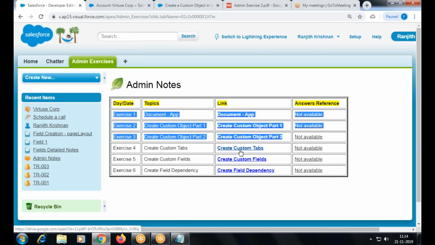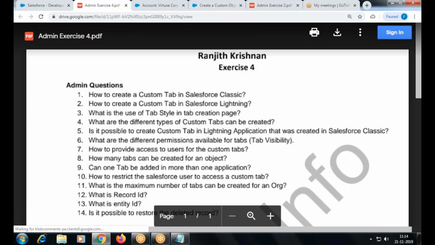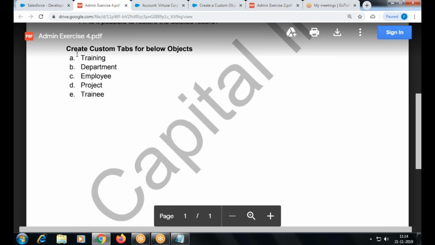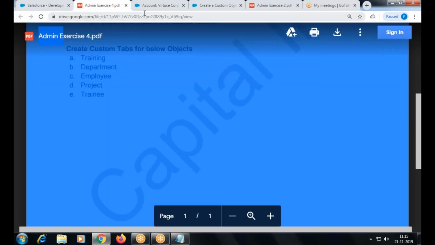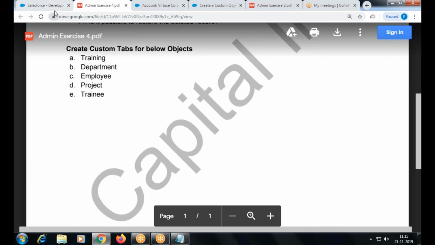Exercise 3. The next exercise is creating tabs only. You're going to create a tab for all the objects you created. Earlier you created Training Department. For all those you are going to create tabs. In addition to that, you're going to create a tab for Position and Job Application, which is in exercise 3. That's a new exercise I added.